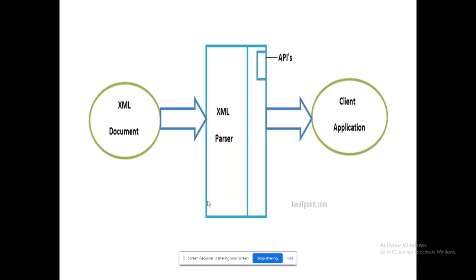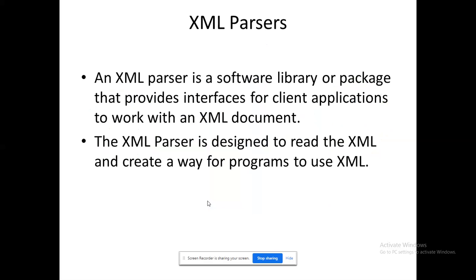So in that case, if I want to access the data available in the tags, how do I do that? For that, I need an XML parser. Using a client application, I could get it. APIs are available. There are varieties of techniques available to take the data from the XML code, right? So that's what we are going to work with.